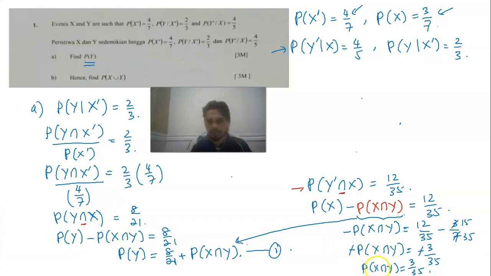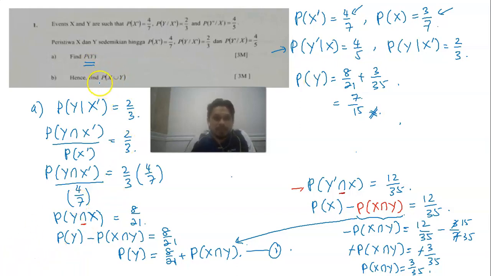Okay. Probability of x intersect y equal to 3 over 35. So then probability of y equal to 8 over 21 plus 3 over 35. So for this one, 8 over 21 plus 3 over 35. Find out using your calculator and simplify this as 7 over 15. Okay. So then next is,